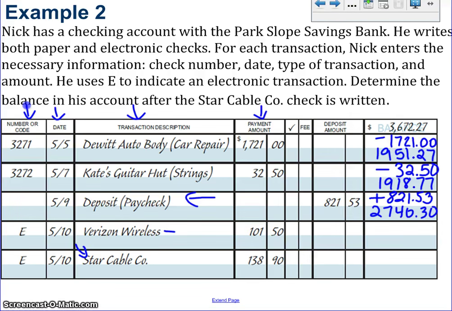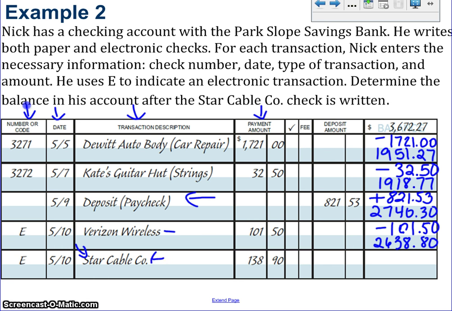It's right here, and it was for $101.50. It's coming out of the account, so again we have a subtraction sign. We subtract that and we end up with $2,638.80. Finally, we get to the last transaction that we were going to do, and that is the Star Cable